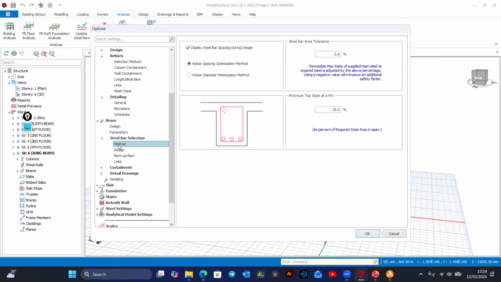The selection method, you keep it in spacing optimization method. And then in the design,